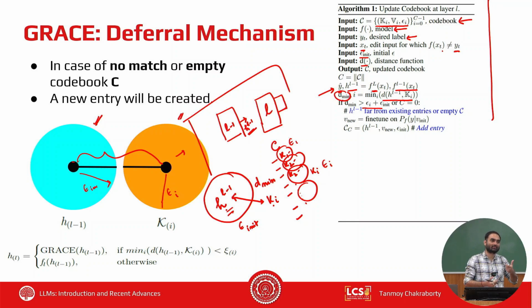So when a new knowledge comes in, the value is initialized with a random vector v init. So for HL minus 1, there's a v init. And I pass this v init to the next layer of the transformer, which is L plus 1, and this will be propagated till the end, and the loss will be computed, right? How do you compute the loss? What is the ground truth? I already know the ground truth is Joe Biden,